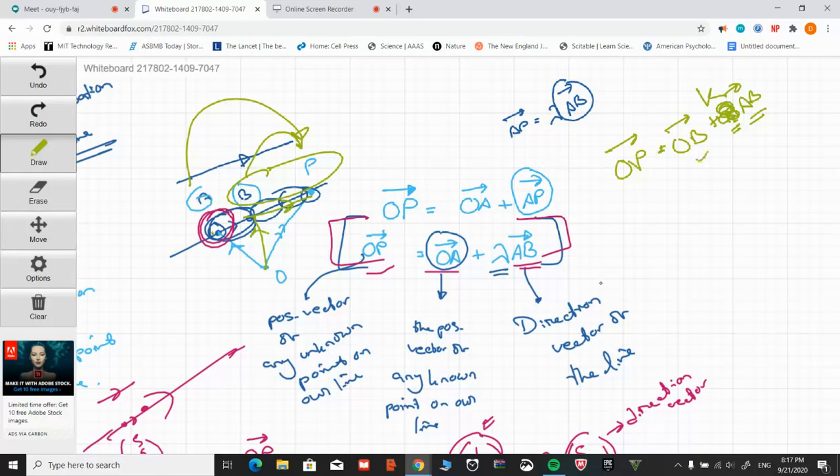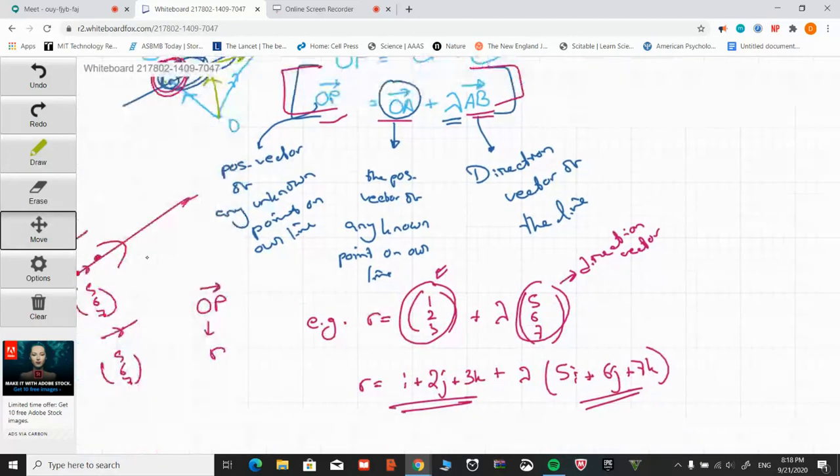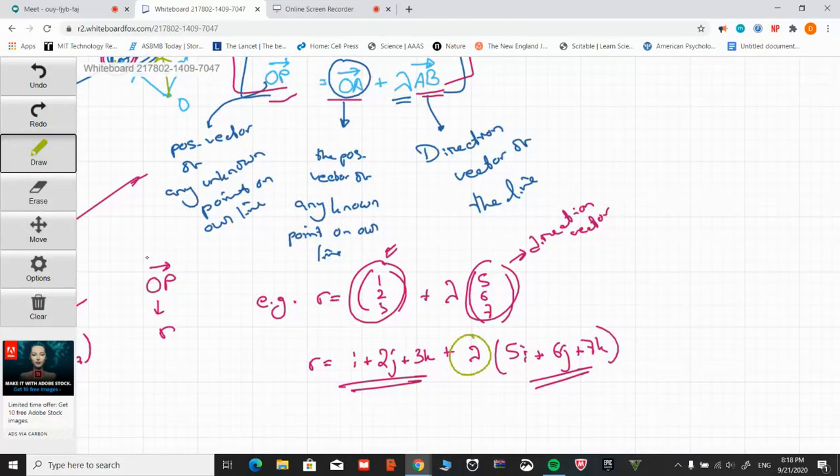ইট ডিপেন্ডস অন হোয়াট ইউ ইউজ হিয়ার অ্যান্ড হোয়াট ইউ ইউজ হিয়ার, ঠিক আছে? আচ্ছা, so তার মানে in a vector equation the constant or the lambda or k or mu, whatever constant you keep beside the direction vector remains as that constant. এখানে কিছু বসানো লাগবে না এখন, because we do not need to know the point in this situation. যখন আমাদের একটা স্পেসিফিক পয়েন্টের কোঅর্ডিনেটস অর পজিশন ভেক্টর অফ ওপি বের করা লাগবে, তখন ইউ উইল সি হাউ উই ফাইন্ড সার্টেন ল্যামডা ভ্যালুস, যে আচ্ছা কত কত মাল্টিপল অফ দ্য ডিরেকশন ভেক্টর গেলে আমি এই পয়েন্টটা পাবো।